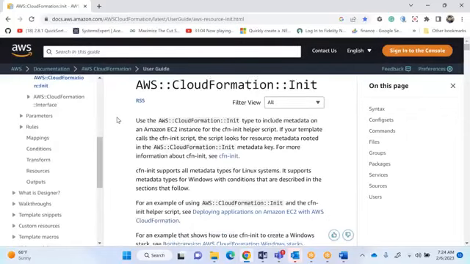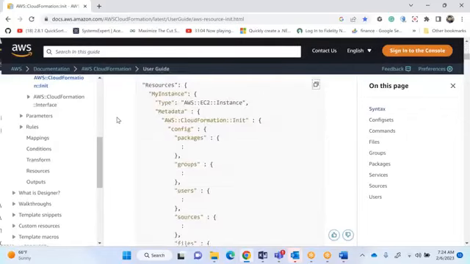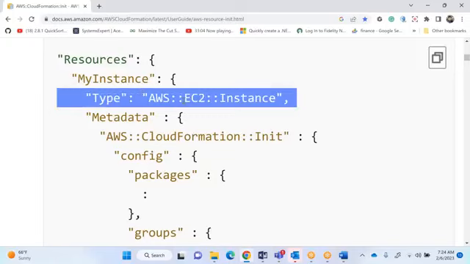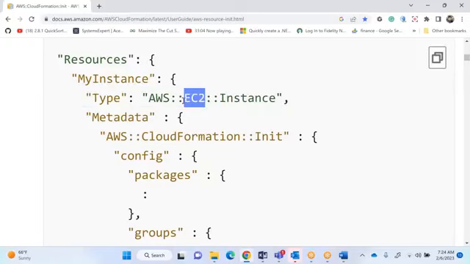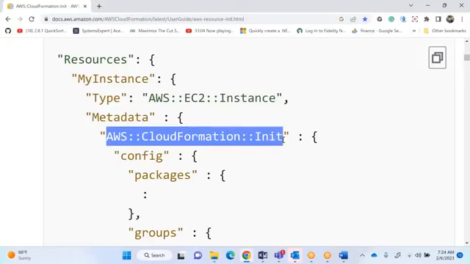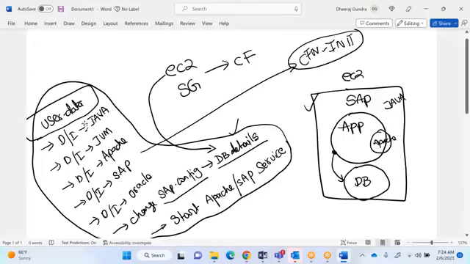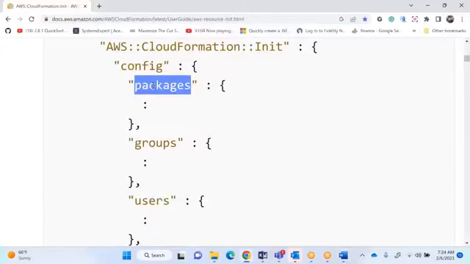this is the syntax. See, actually what I'm trying to do, we are trying to create one EC2 instance, and now where do you write cfn-init? You write it in the metadata, and in the metadata you just write AWS::CloudFormation::Init. Now you see, sir, step number one, let us refer to this diagram. What is this step number one? Generally you will install all the prerequisites, Java, JVM, Apache and all those things. Directly you can configure and download and install the packages. Step number one.